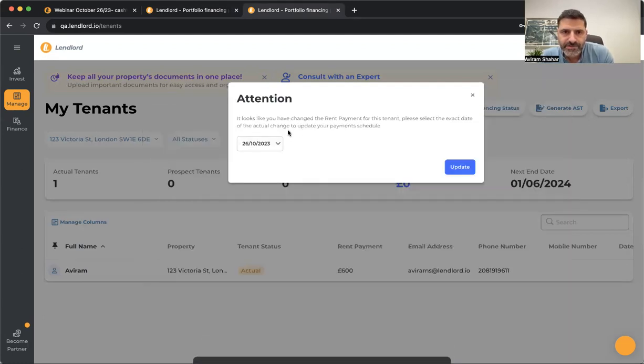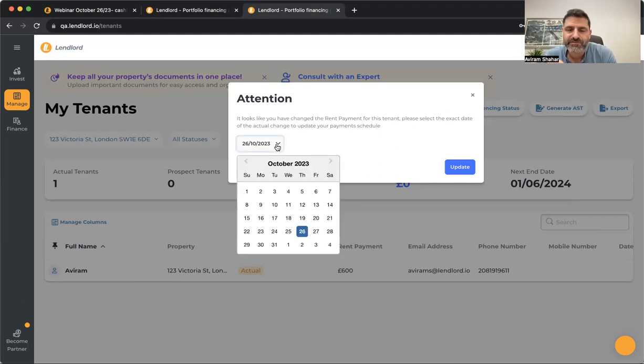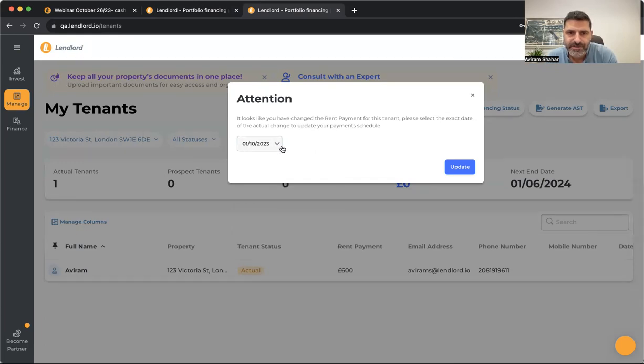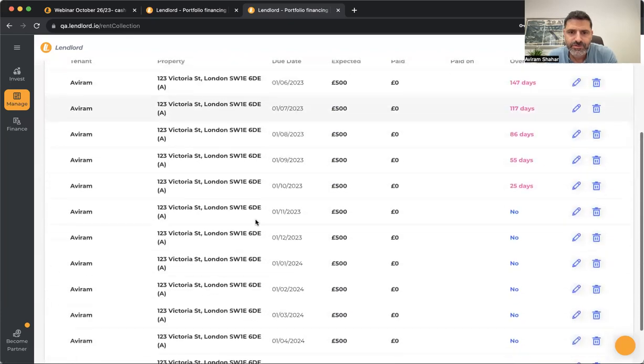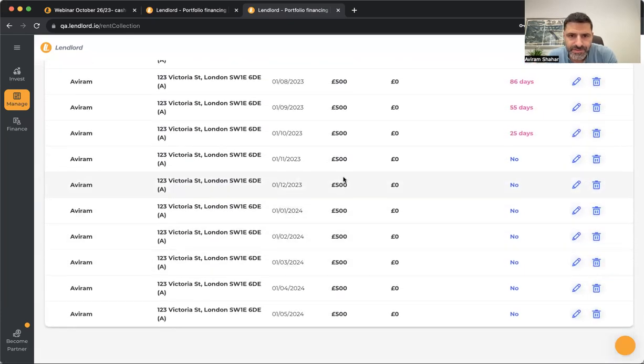But as you see, the platform saw that you asked to change the rent payment, so you just need to specify the date of the change. Let's say I decided to change the rent payment starting 1st of October. When I click update, and then I go to the payment schedule, you should see,